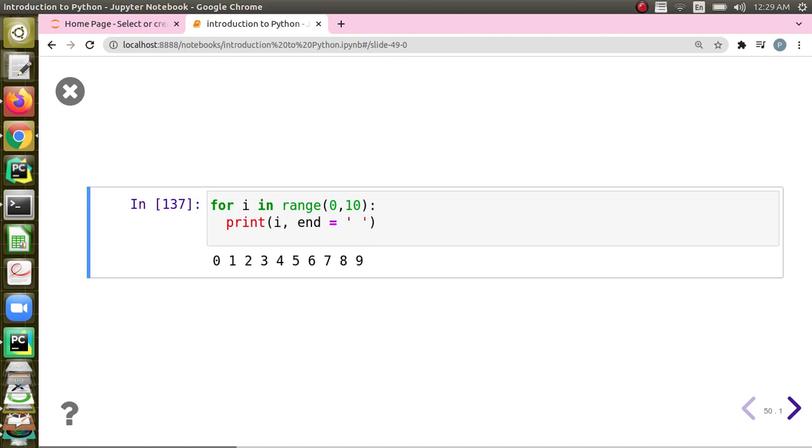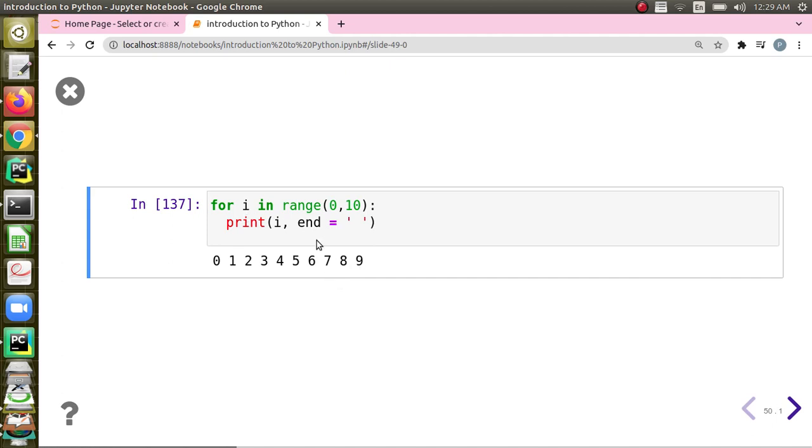If it is less than the stop value, then it will be put inside the sequence. So from 0 to 9, and I have not given the third argument. If I have not given the third argument, then Python will consider that as 1. So the step value is 1. The first value is 0, second one is 1, 2 and so on.